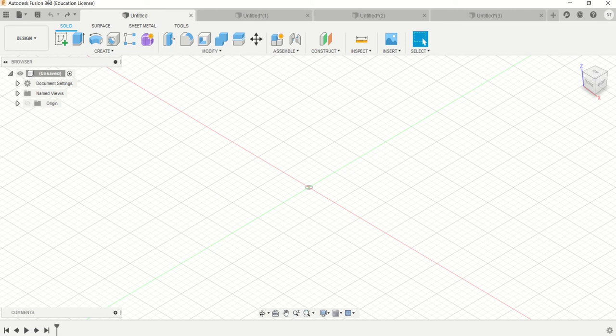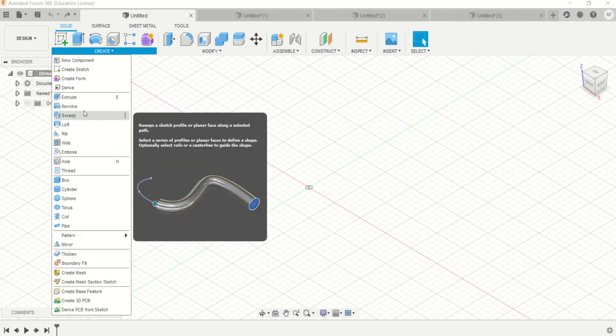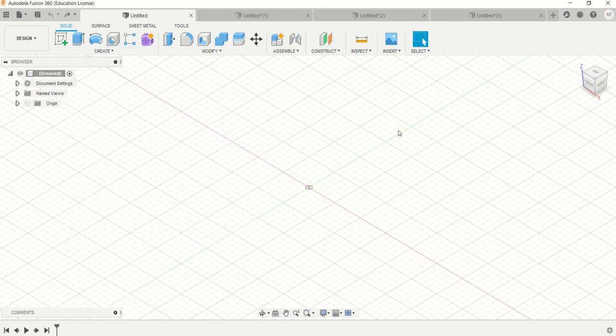Today we're going to be going over the sweep function. The idea behind the sweep function is where you take a two-dimensional sketch and you extrude it along a path, or you sweep it along the path to either create or cut away from an object, or to create some weird curvature of an object or 90 degrees. Basically, whatever path you draw, you can extrude any shape around it as long as it doesn't intersect